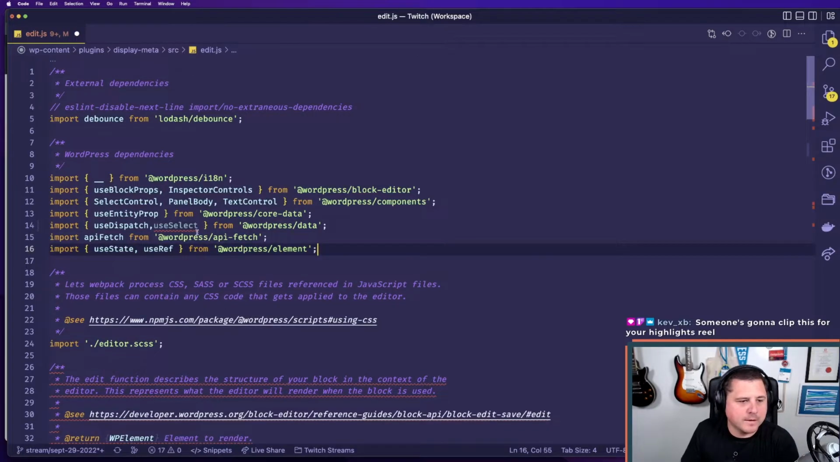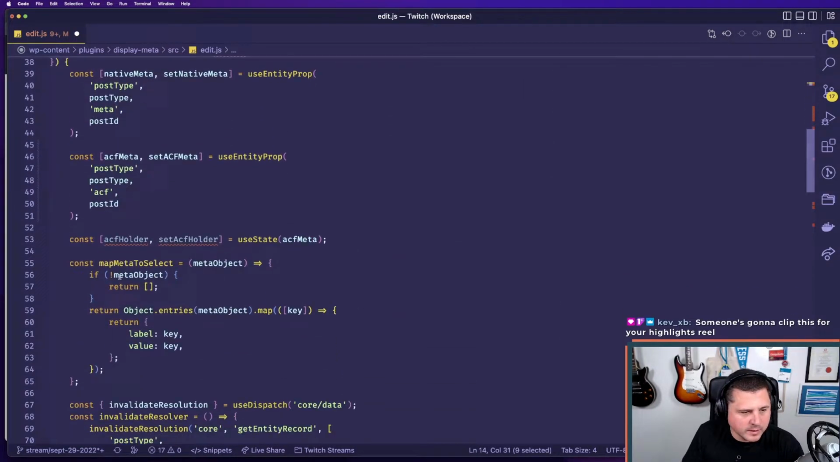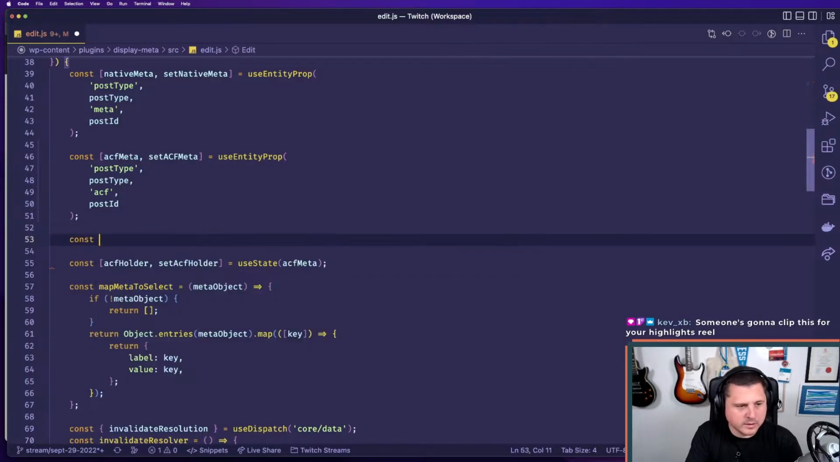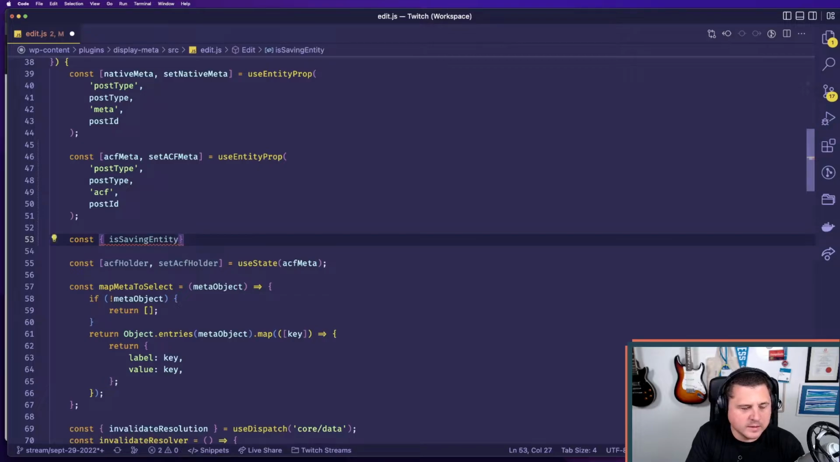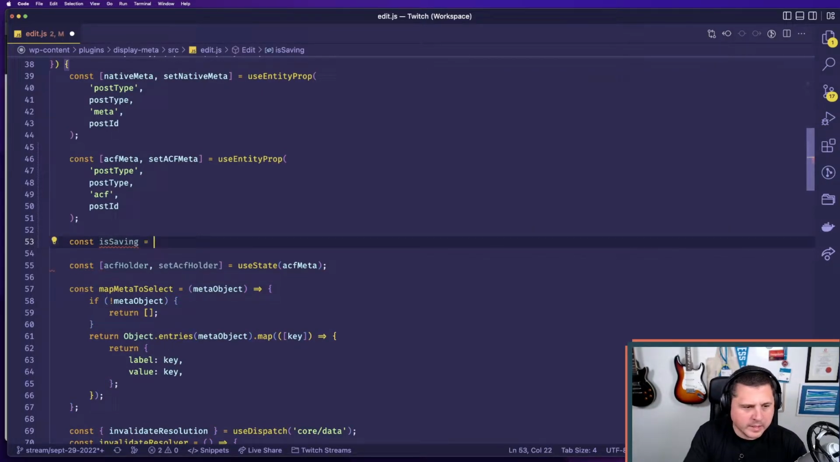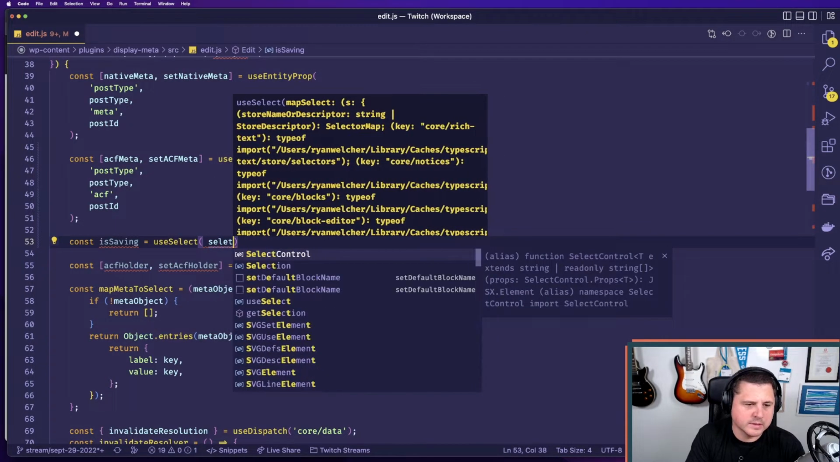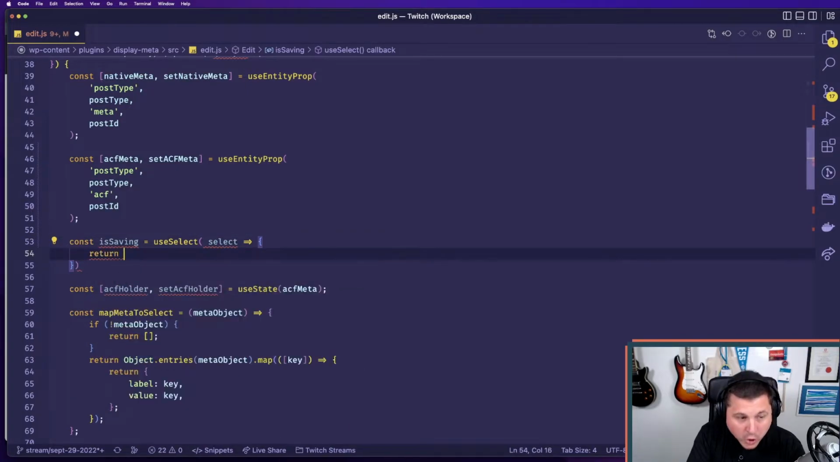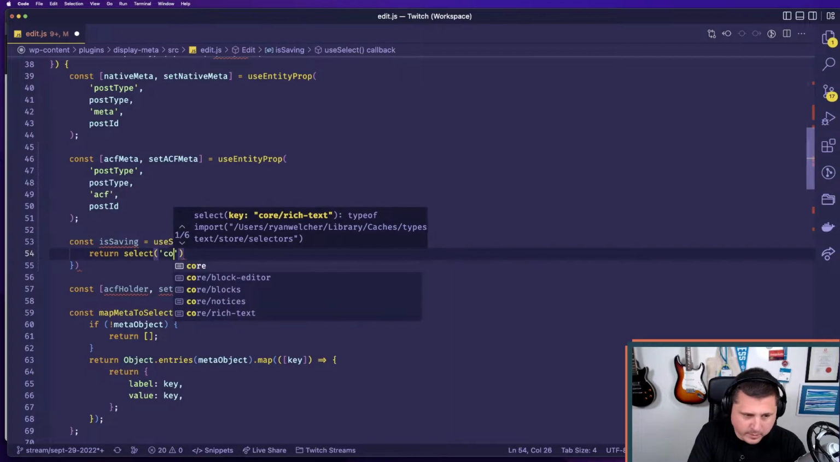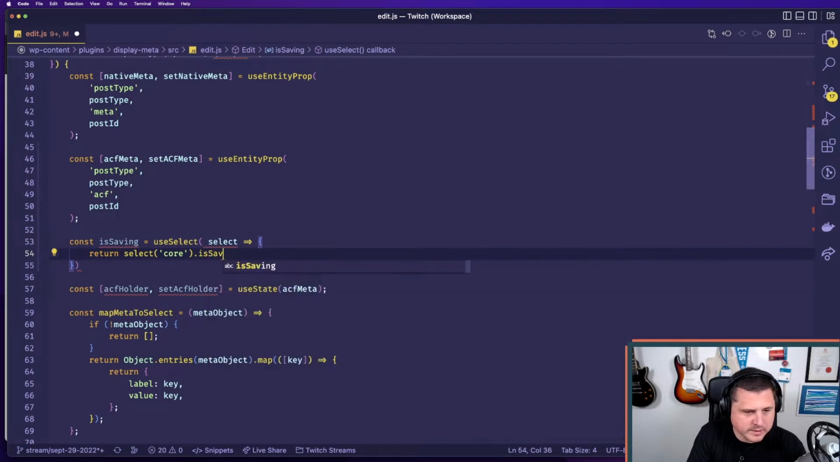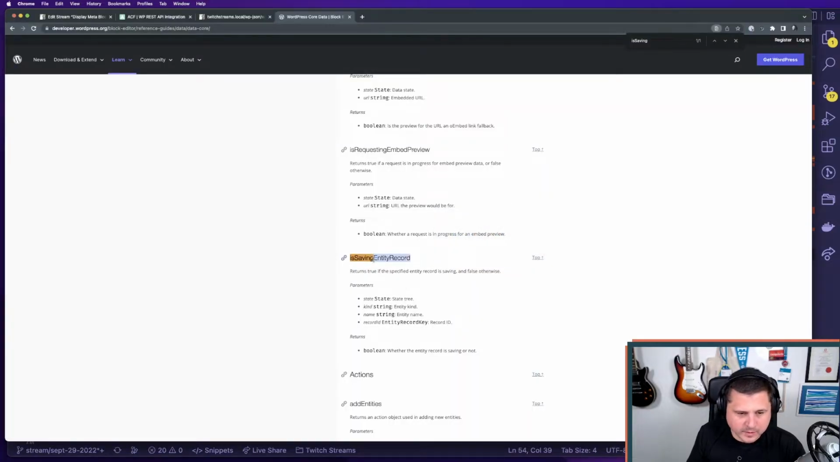Do that. All right, and then in my use select, I'm going to do this. I just want to know if it's saving, right? Const, we're going to go is saving entity record. Oh no, I'm just going to say is saving, and that's not going to be is use select, right? And then we're going to say select like this, and then we're going to return select, and then apparently it's core. Right, and then it's going to be is saving, and I forget the name of the function, is saving